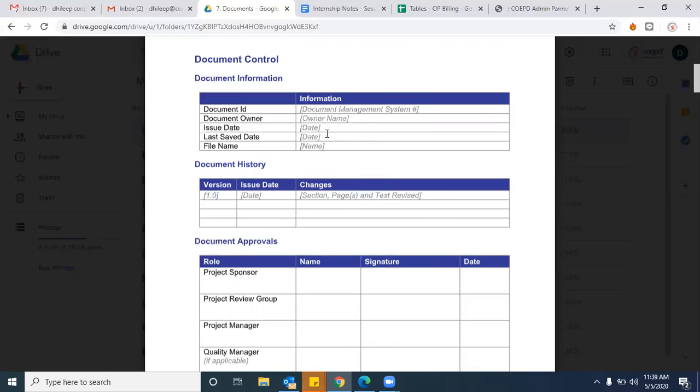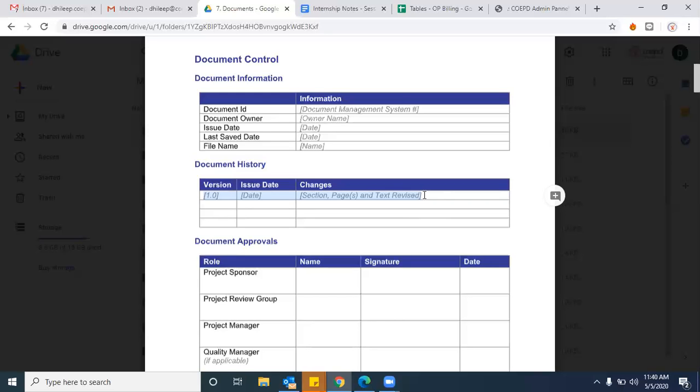Once you start interacting with the client, or once you start gathering some information from the client end, you may come up with the initial draft. That is 1.0, right? Once you have prepared an initial draft, you go and interact with the client, and you take some inputs on that, right or wrong? Either the client or the project manager, you are going to share the document, and you ask them to review and share their inputs, right or wrong?